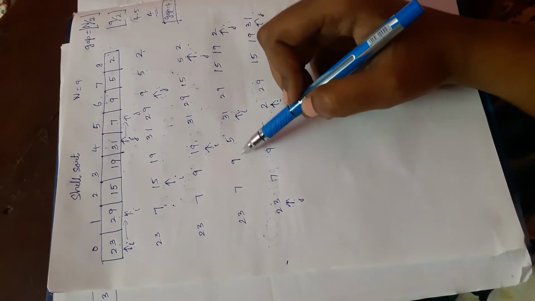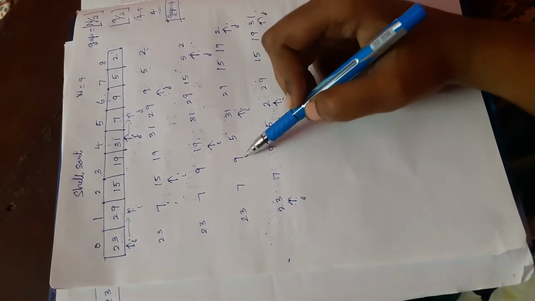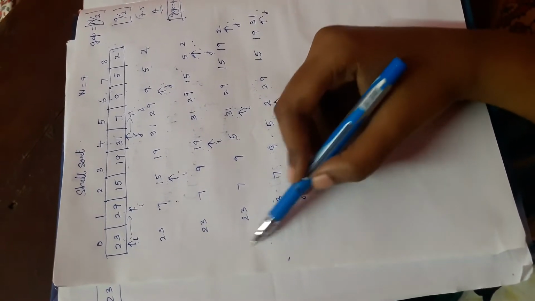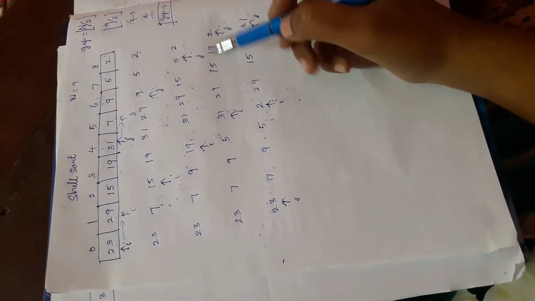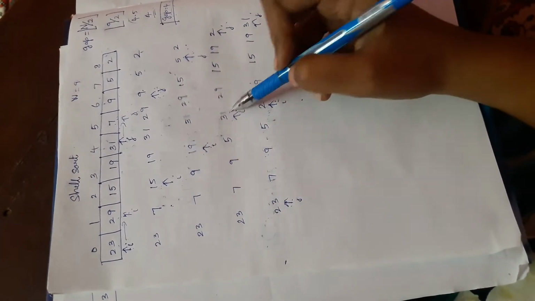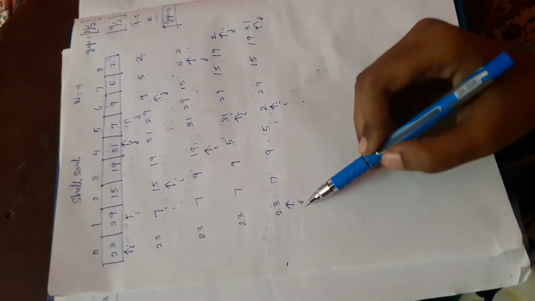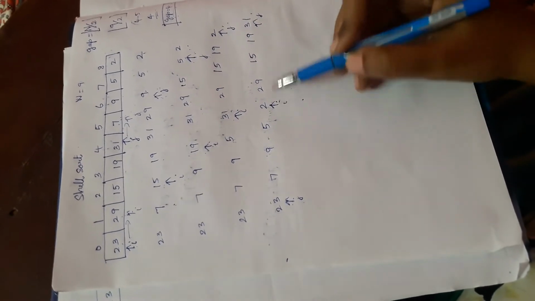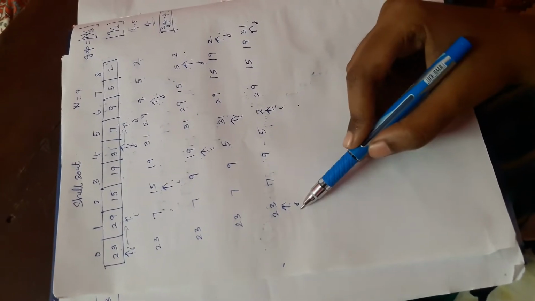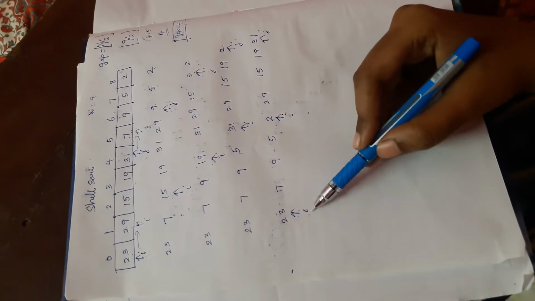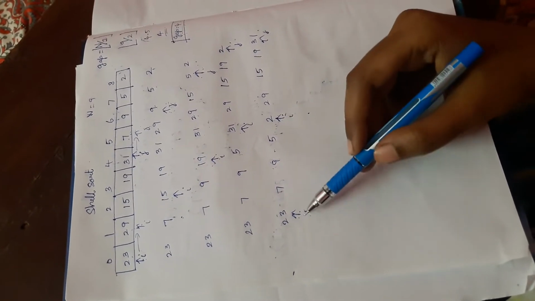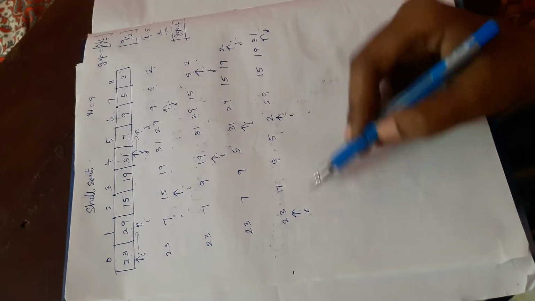So now again I will see the 4 gaps before this: 1, 2, 3 and 4. So no value is here. So that is why I did not compare with the value before. But at this position we have 4 gaps on both sides. So only I am going to compare with this and this value. So compare these two values.